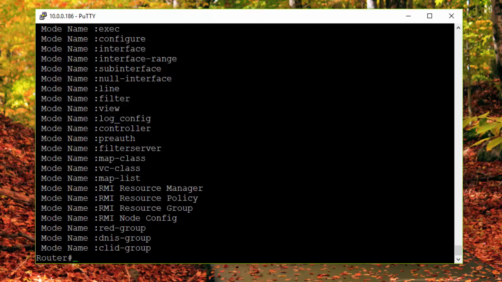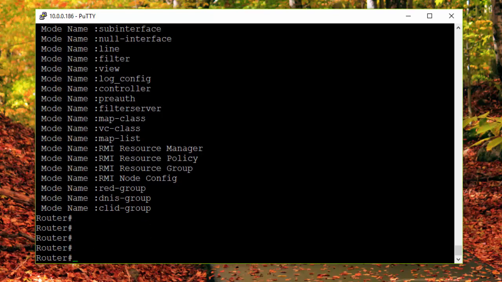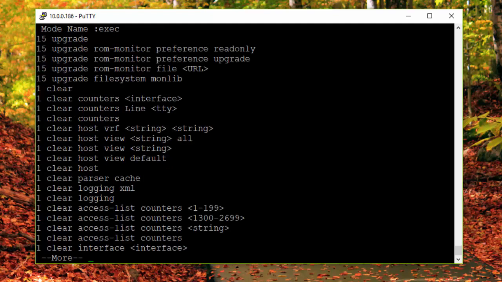So I'm going to press Q here to return to a prompt, and then I'm going to scroll through command history to retrieve the following command, and then I'm going to back this off by issuing a Control W multiple times. So this command is going to dump the command list that pertains to that mode, and then what I want you to do now is envision that each of these commands is now a part